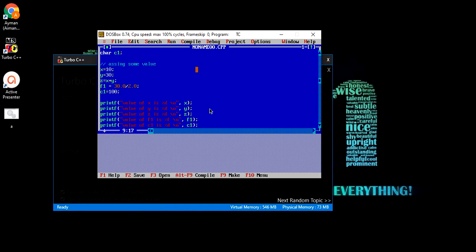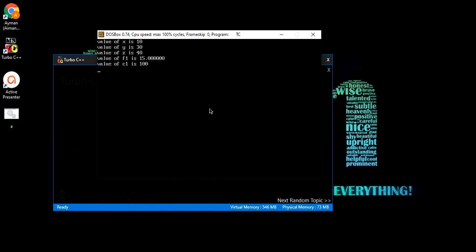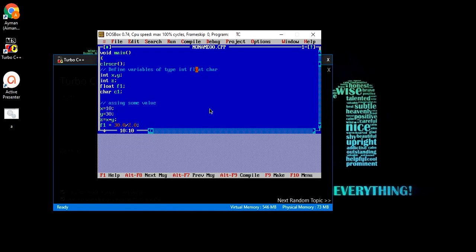Now if I give CLRSCR at the very start, what will happen? First of all it will clear the screen, then it will start working on the program.